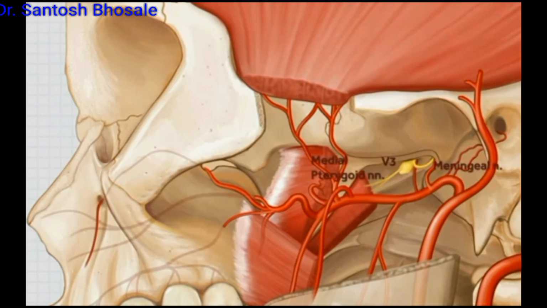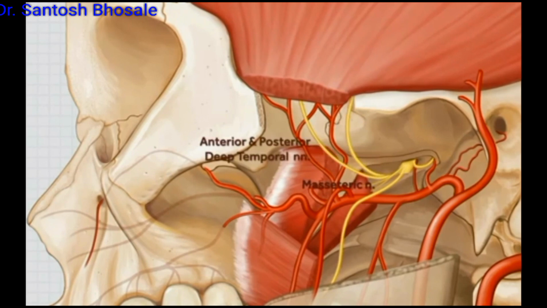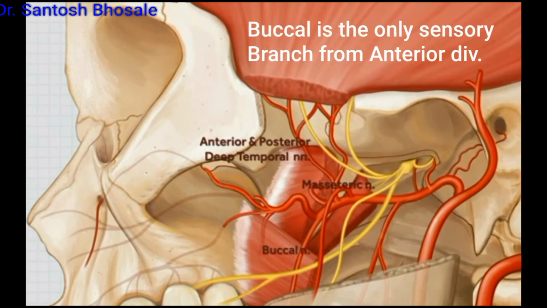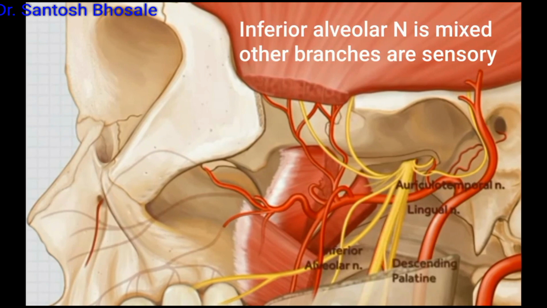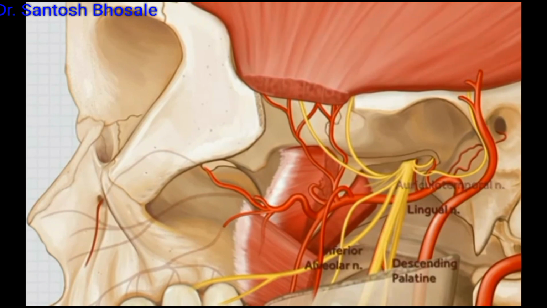The mandibular nerve enters the fossa via foramen ovale. It has a trunk and 2 divisions. You can see 2 branches coming from the trunk: the nerve to medial pterygoid, and the meningeal branch, which enters the foramen spinosum immediately after its origin. The nerve to medial pterygoid supplies medial pterygoid, tensor tympani and tensor palati, 3 muscles, remember that. The anterior division gives all the muscular branches except the buccal; masseteric and temporal nerves are motor, whereas buccal is a sensory branch supplying the skin and mucosa covering the buccinator. The posterior division gives all sensory branches except the inferior alveolar, which is mixed.